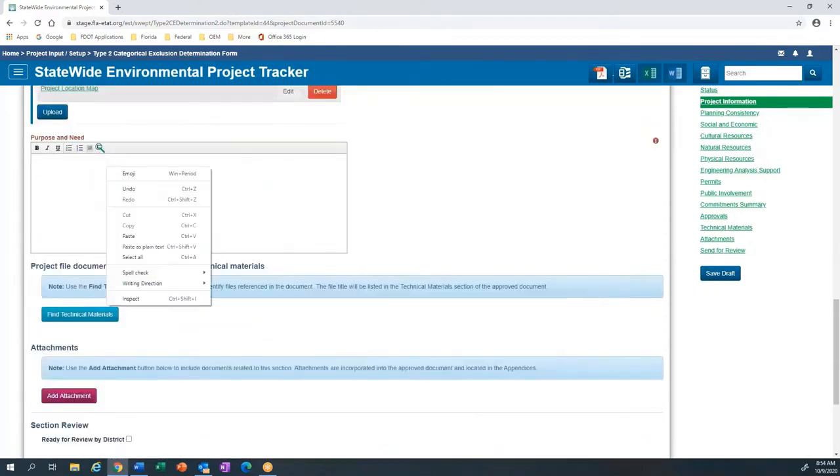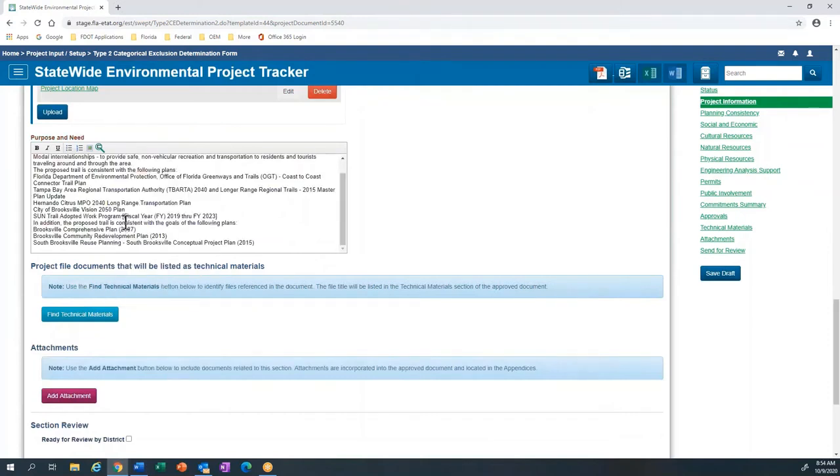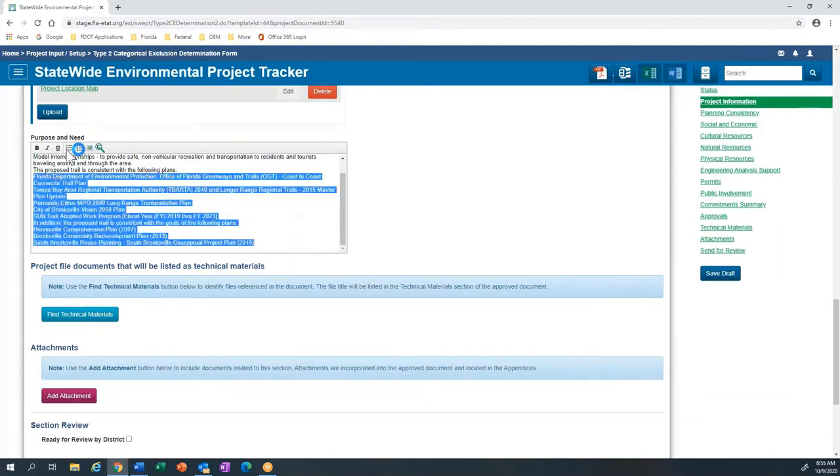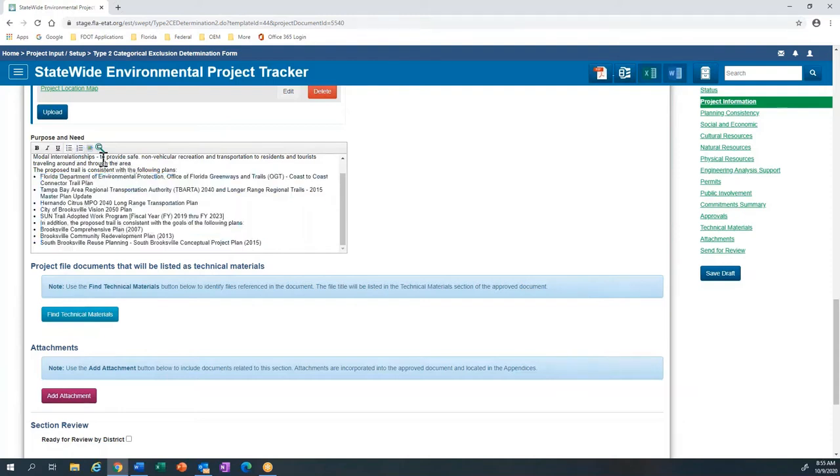Next is purpose and need statement. I can copy and paste something from another document or just type it in. And just like before, I can do some formatting. In this case, I would like to make this list of plans a bullet list. And again, I can